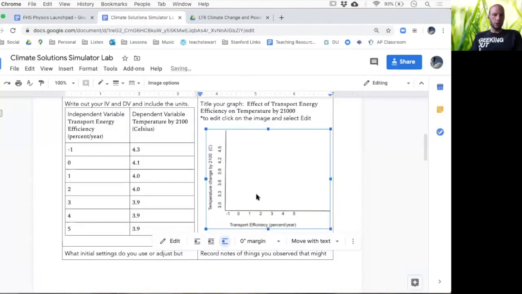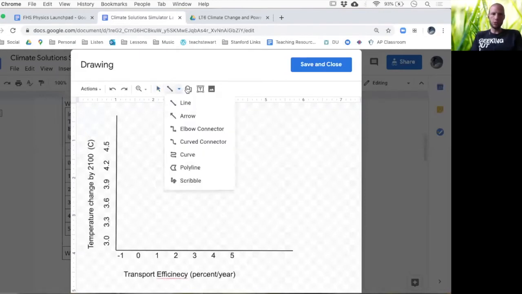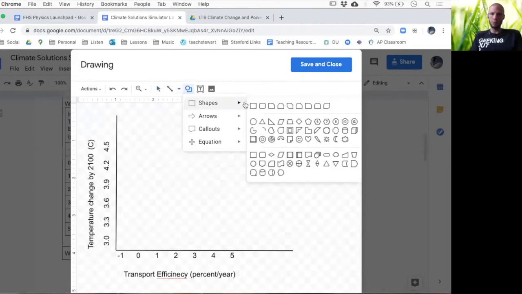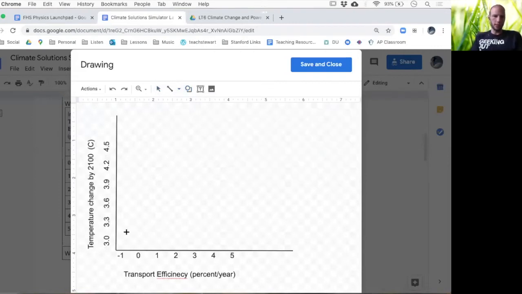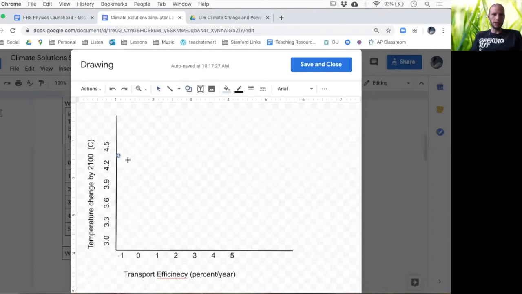And now I can just go in and plot my numbers. So I look in my graph here, and I can go in and just start typing in those numbers. So I would use this little scribble tool. Actually, I'm going to use the shape tool. I'm going to put little dots. So at -1, it was 4.3. So I'm going to estimate that's right about there. I'm going to put in a dot right there, and then go to another shape. And then at 0, it was